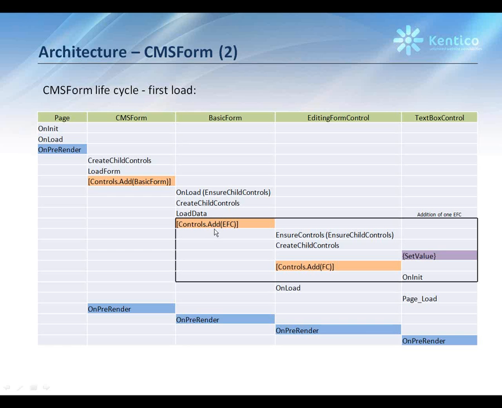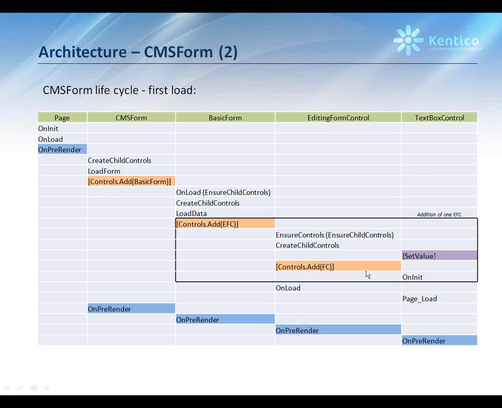Within the load data, we try to add the editing form control to the control collection. Each of the editing form controls tries to add some kind of a form control that could be a text box, etc. So for that purpose, the set value of the form control method is called,